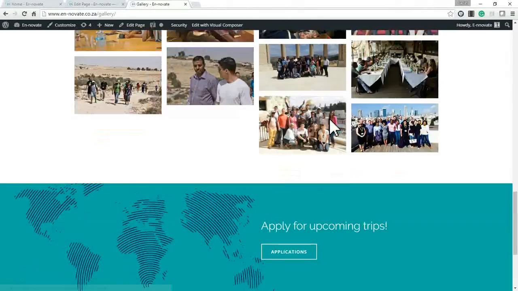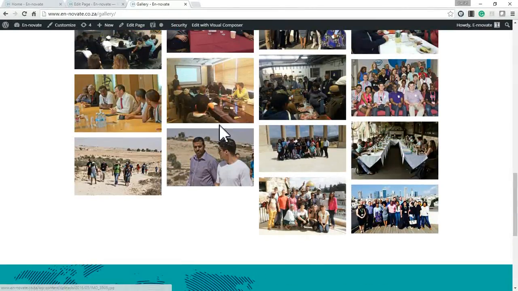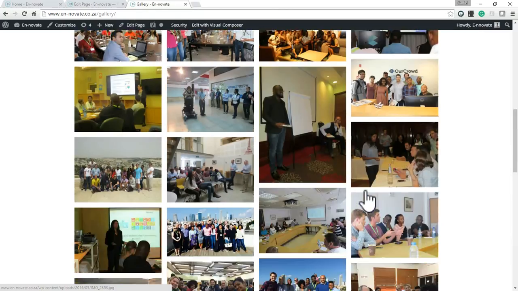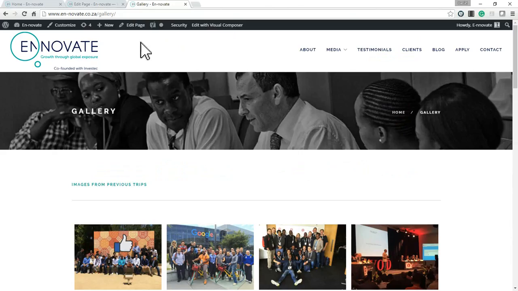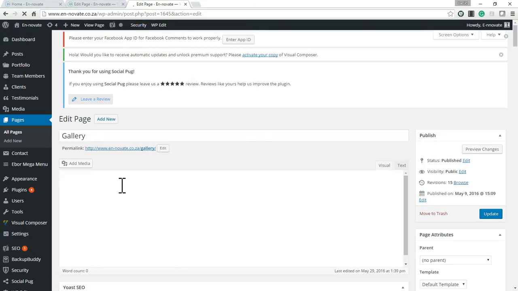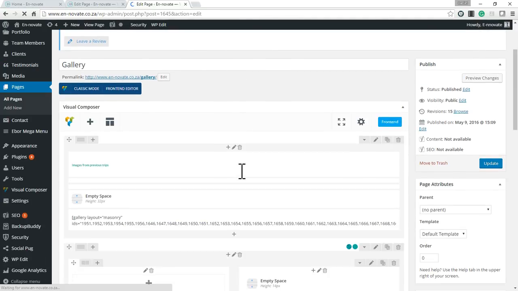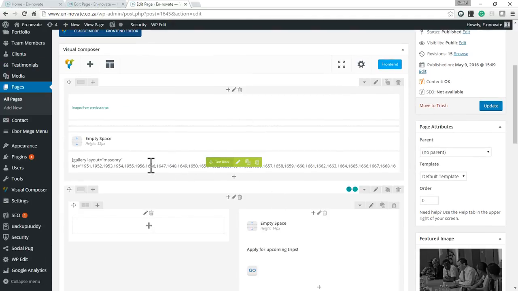You can see here we have a really nice gallery. To make edits to this gallery, first we have to edit this page. So click edit page. If we want to add to that existing gallery, then here's our section with the gallery. You can see here it says gallery layout. Just click edit,